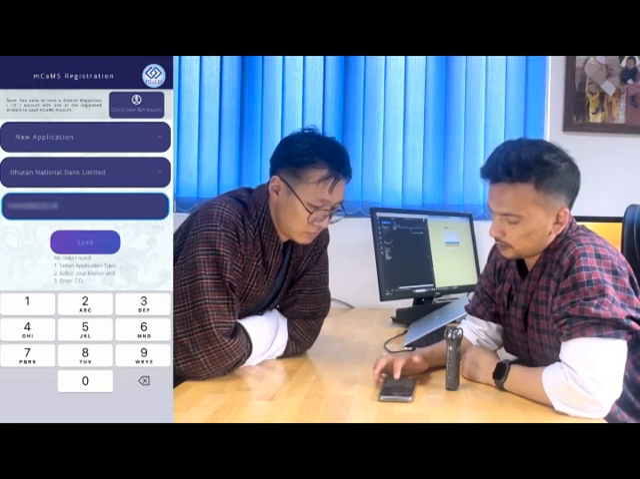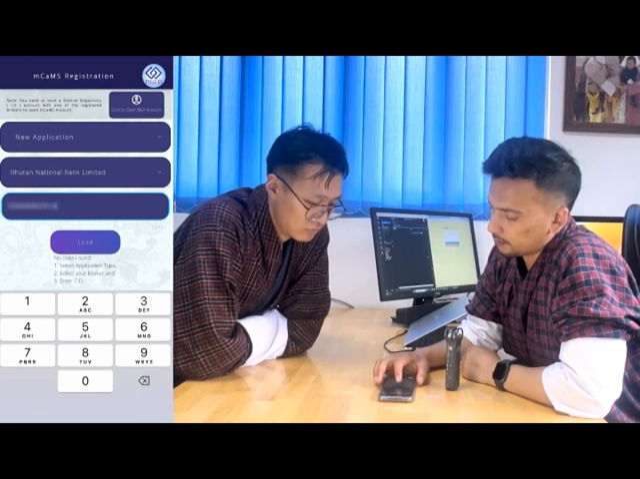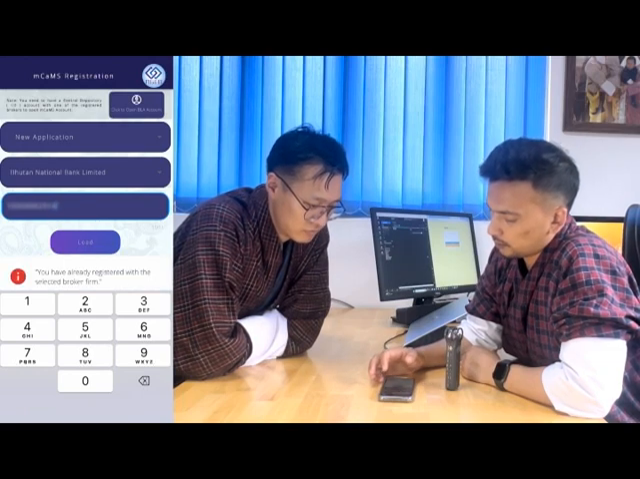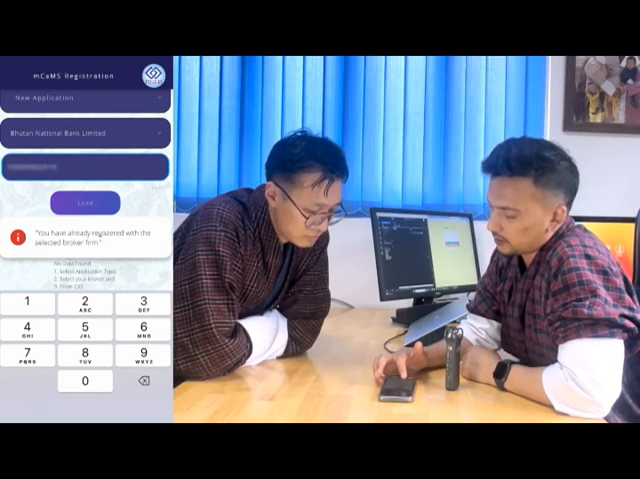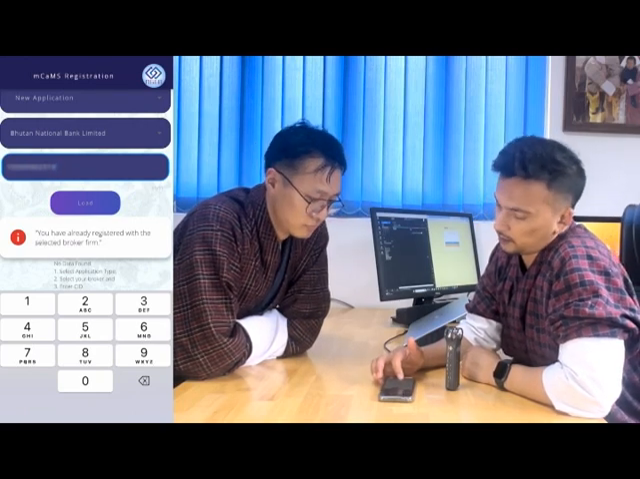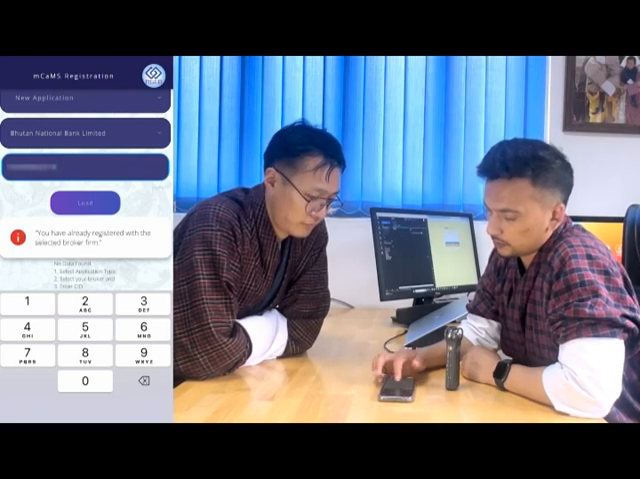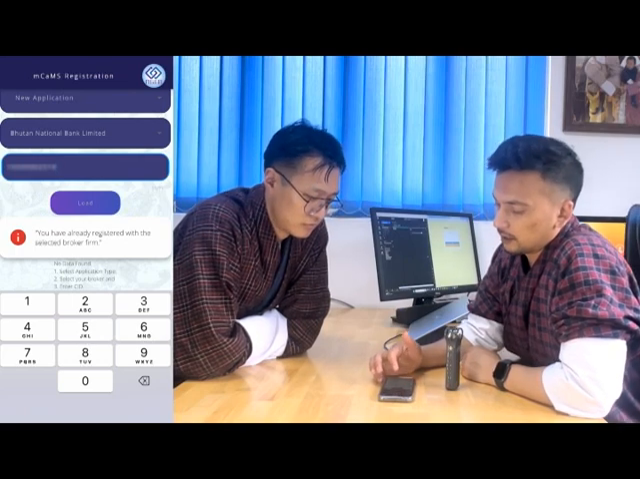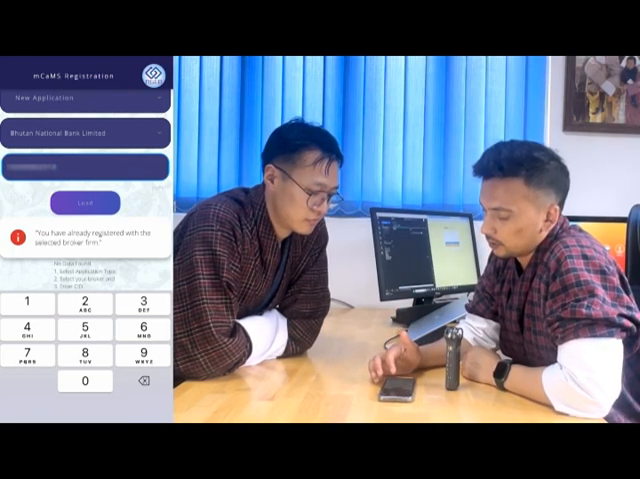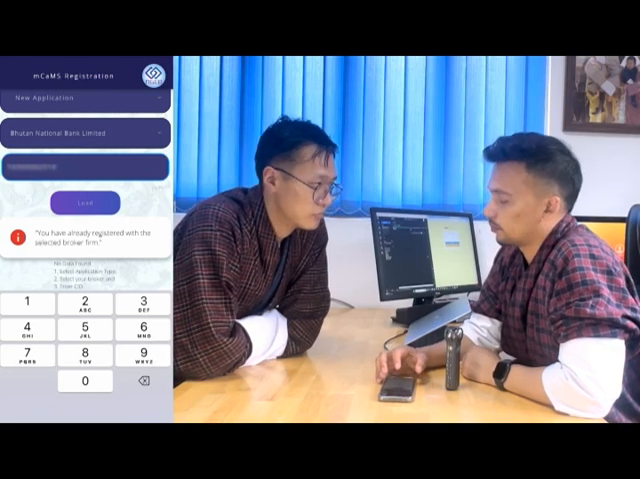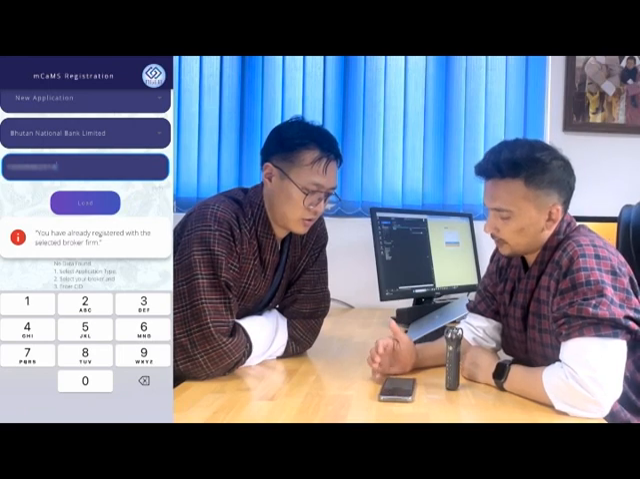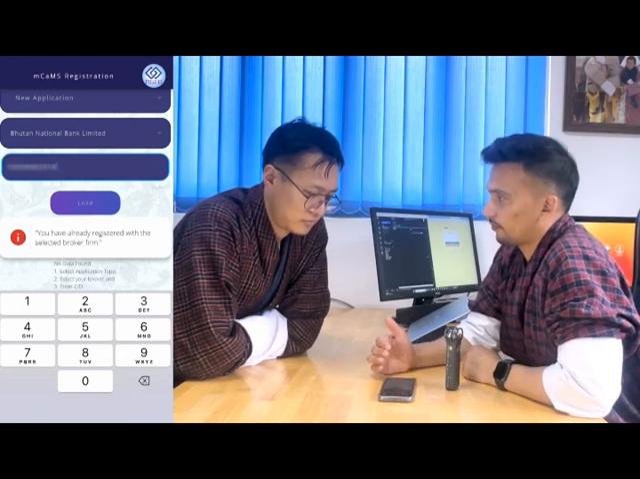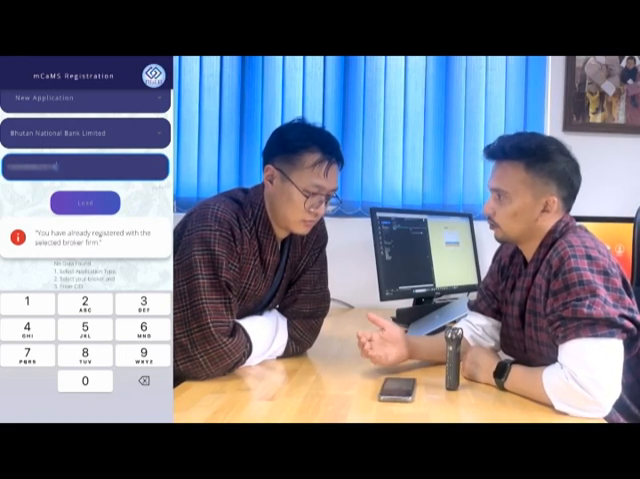So once you enter your CID, you'll get an option to load. Once you load, right now I'm using an account which is already registered as an mCaMS user with a broker, so you're seeing this notification. If you were a new user, then the details will pop in and you just need to complete the application process. Once you complete that process, the application will be verified by the broker, and then you'll get a notification